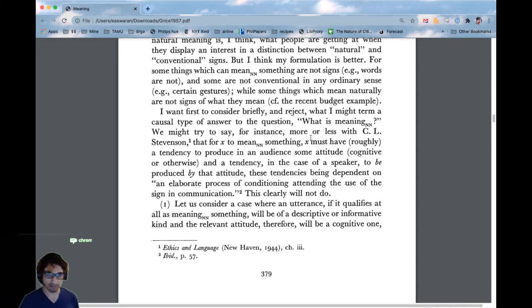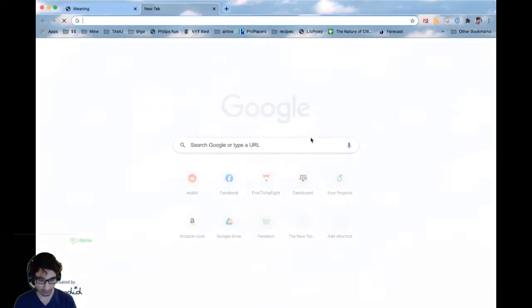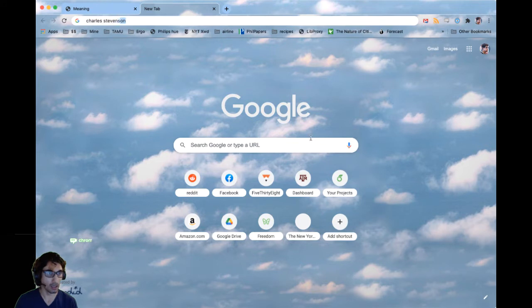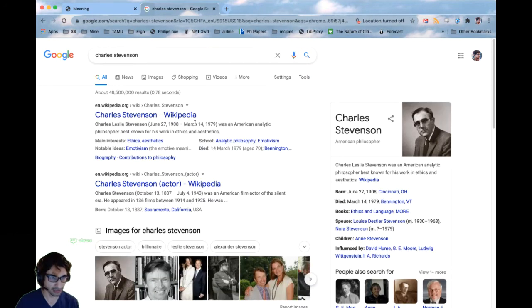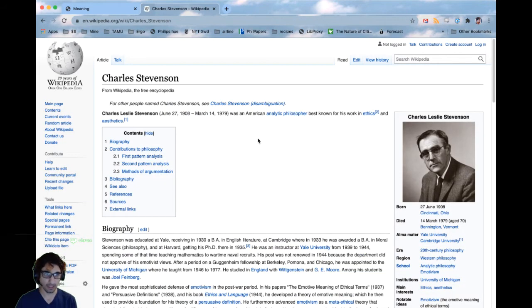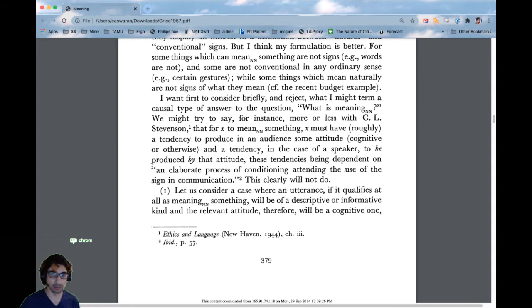We might try to say, for instance, more or less with C.L. Stevenson, and this is Charles Stevenson, the philosopher, who mainly did work in ethics and aesthetics, but he apparently said something about meaning in his book, Ethics and Language. So Stevenson says, for X to mean something in this non-natural sense, X must have, roughly, a tendency to